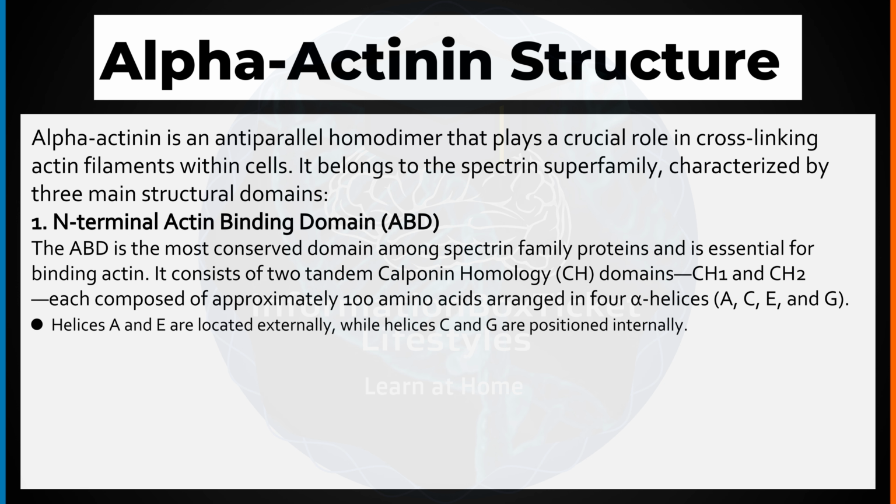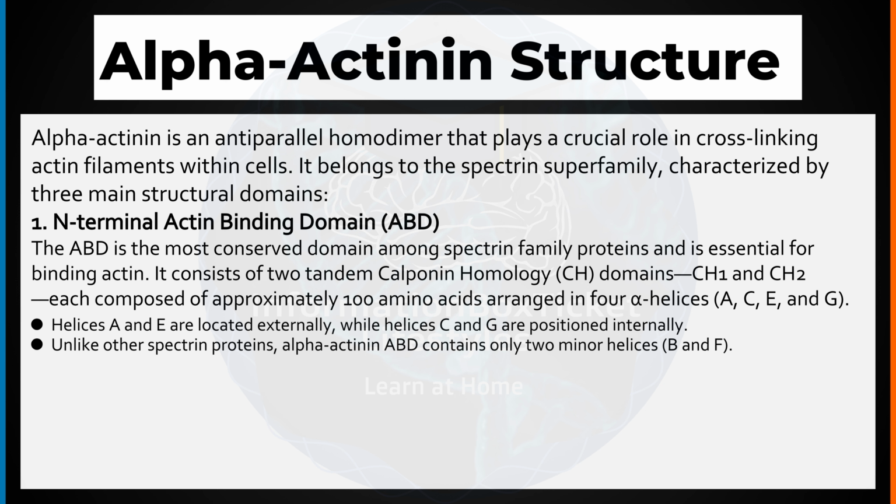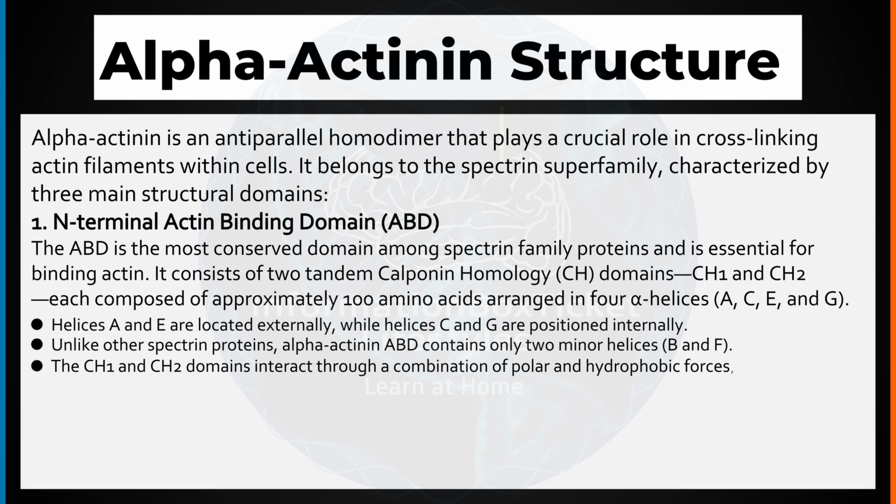Helices A and E are located externally, while helices C and G are positioned internally. Unlike other spectrin proteins, alpha-actinin's N-terminal actin-binding domain contains only 2 minor helices, B and F. The calponin homology 1 and calponin homology 2 domains interact through a combination of polar and hydrophobic forces, stabilizing the